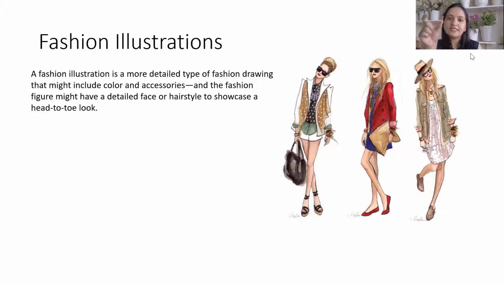Fashion illustration is always a detailed version in which you can clearly see everything. If I'm talking about this first picture, you can see there is an overcoat or a jacket, maybe made of denim or some thick fabric. Under that she is wearing a polka dot top. Over that, she also has a scarf of a very light texture, very light fabric, like a chiffon or a silk, and she's carrying it with a short. So you have a very detailed idea about the texture and how it looks.